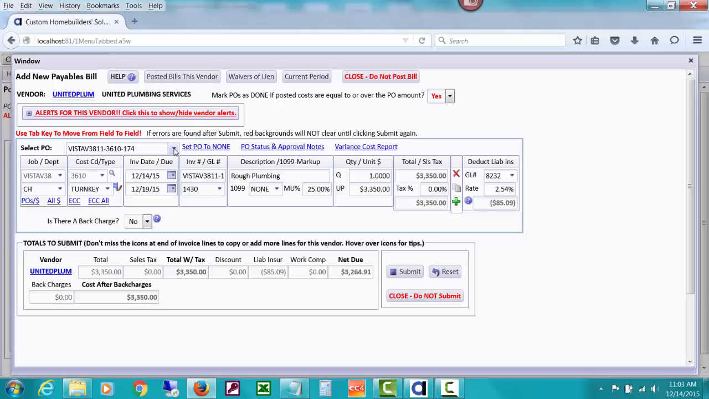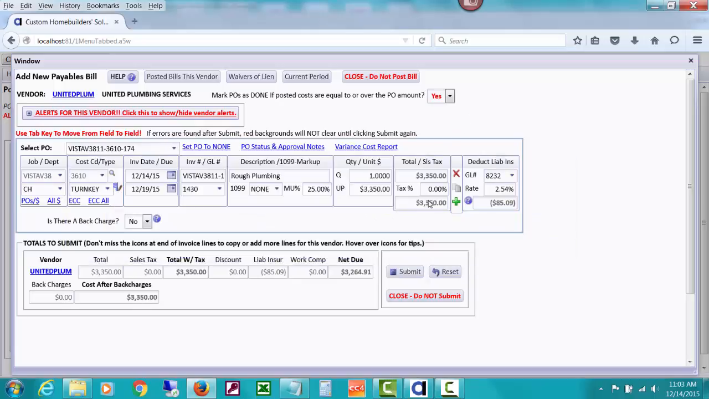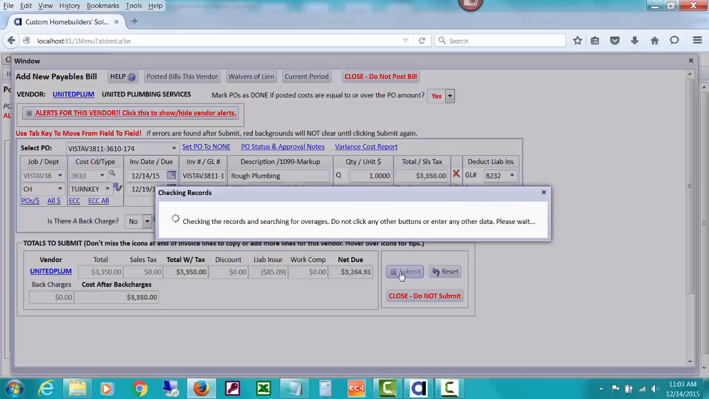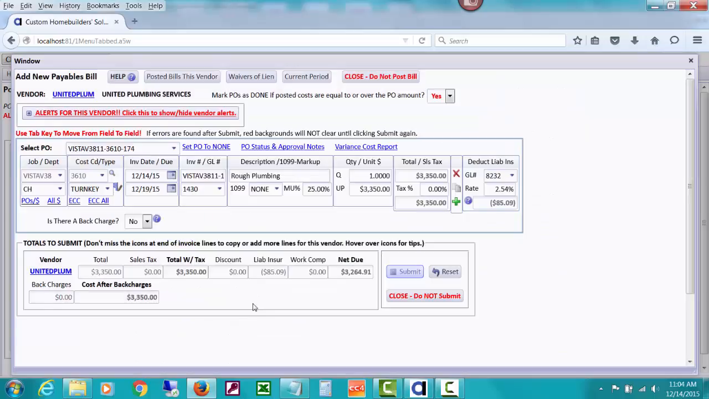If you do the drop down, you're going to see that it's showing $3,600 as outstanding, and if you just use that, it would drop $3,600 in. So that's the benefit of going ahead and creating the bill from the Open POs that has that deduction on it, so it will do the deduction right now. So if I go ahead and submit this and post as unpaid to pay later,